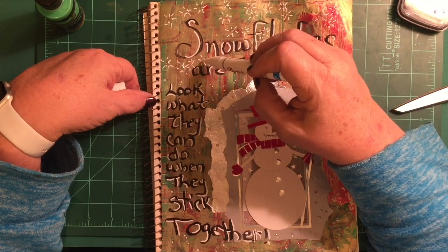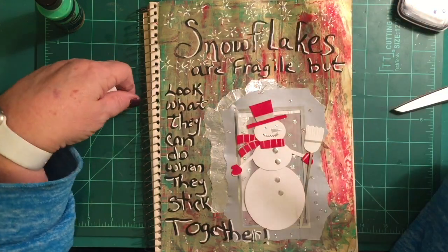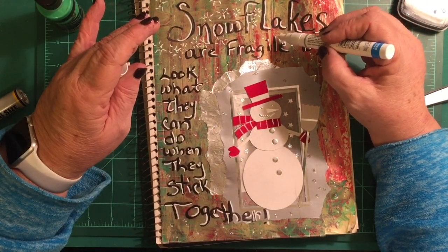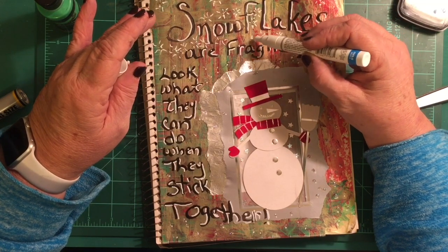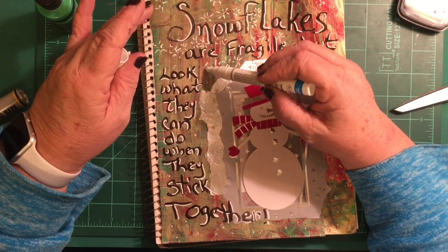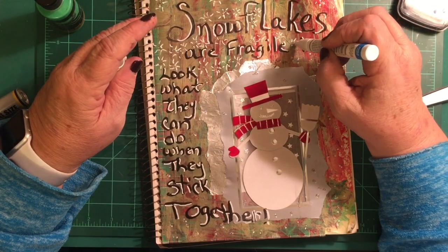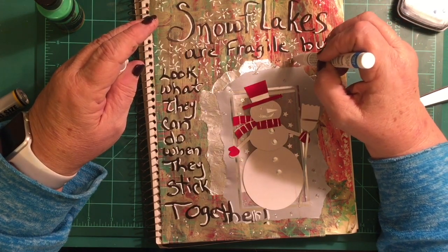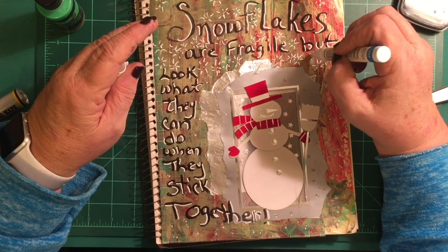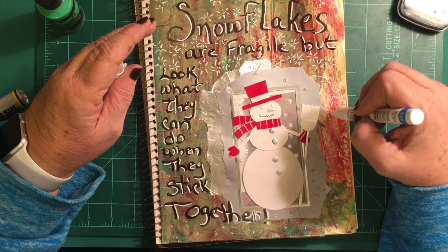Every snowflake is a little bit different, and every one of my snowflakes has lines in different places and whatever, but now it's finally standing out. It is looking like snowflakes. I'm pretty happy with it. Of course, the little stickler dot in the middle, the little shimmery middle of the snowflake, is still a wet blob. I'm hoping I'm not ruining my white marker, but I'm continuing on, trying to be very careful, and just loving how it's turning out, because it's just so fun to just keep going and keep going and keep going,